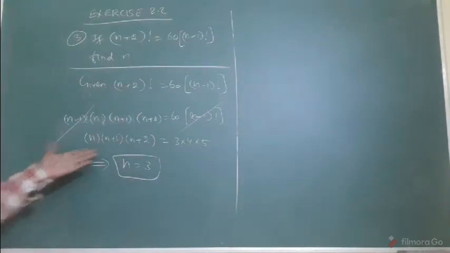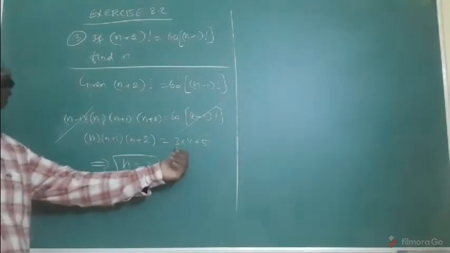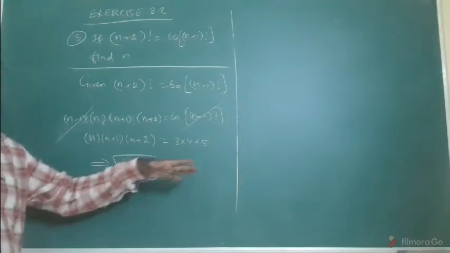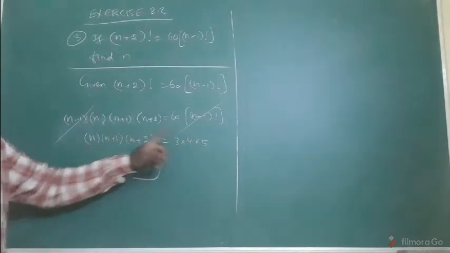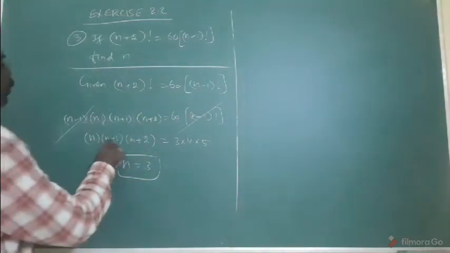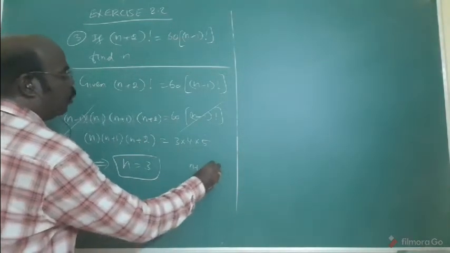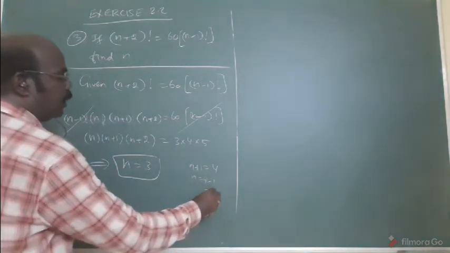But in the guessing method, product of 3 consecutive numbers. Here also product of 3 consecutive numbers. In this way you want to write. Then comparing first number with first number, second number with second number, third with third. Anyway, n equal to. Because second number with second number means what is the answer? N plus 1 equal to 4 is the second with second. Okay? Now n equal to what? 4 minus 1, 3. That is the answer.